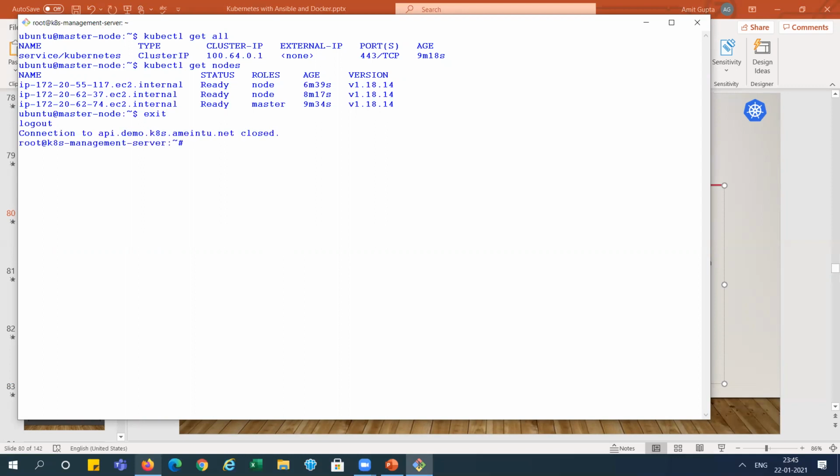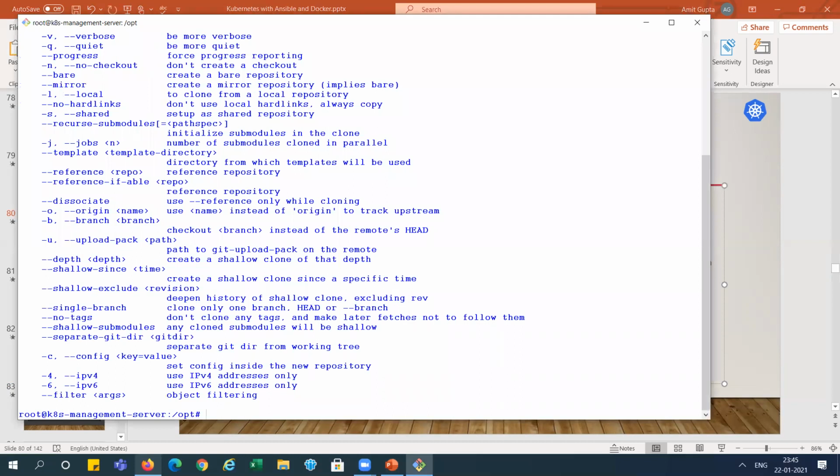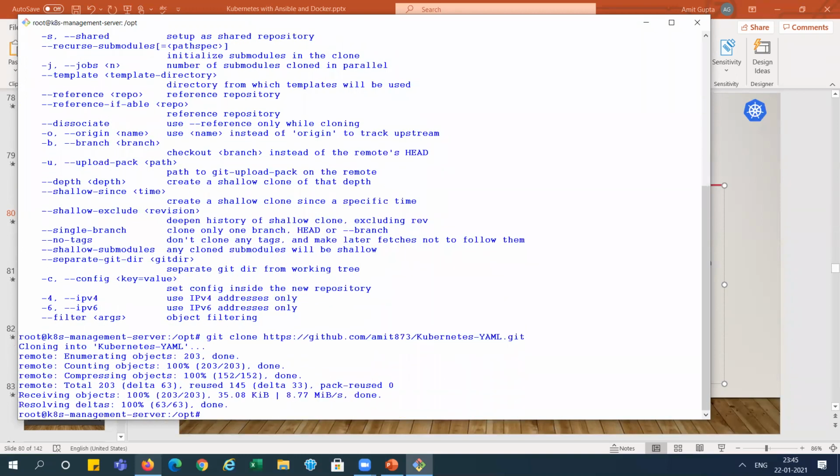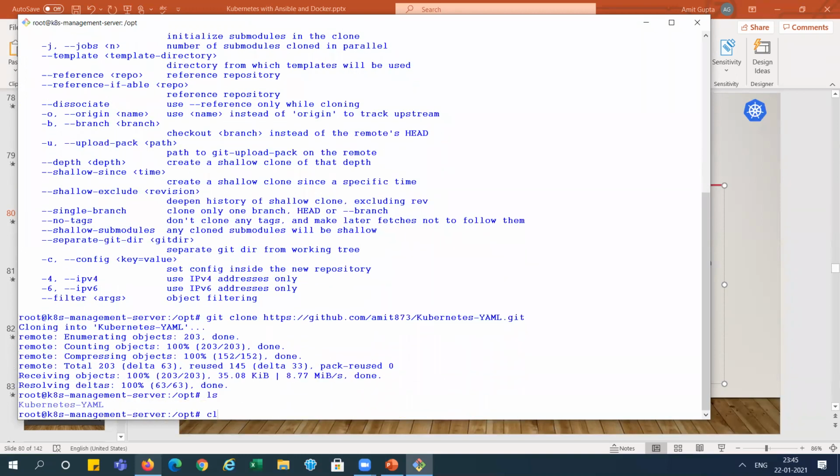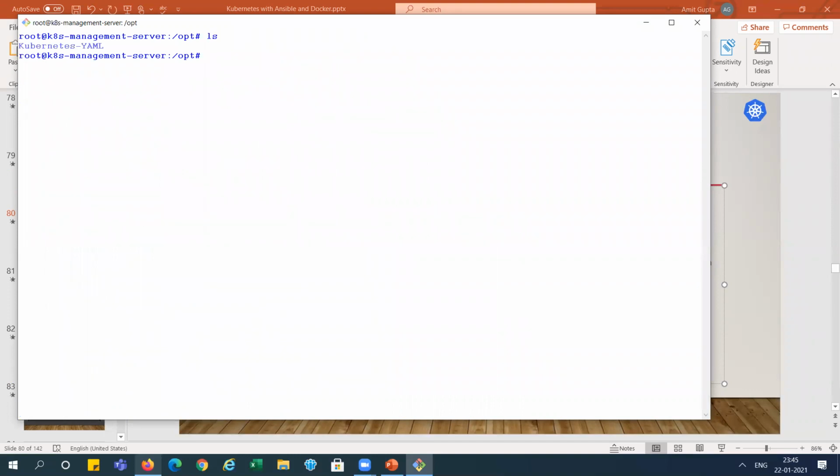We can run from anywhere, right? So just try from here. Nothing is here, so I am running git clone. What happened? Okay, it is already there. Let me git clone again. Okay, it is cloning. You can see here. Now I am going there.